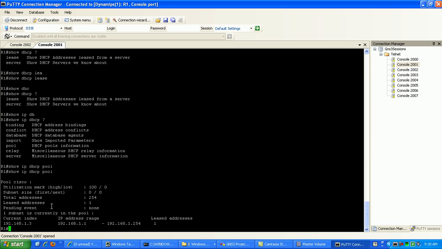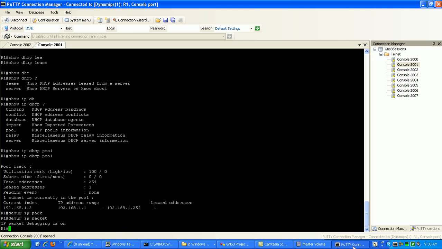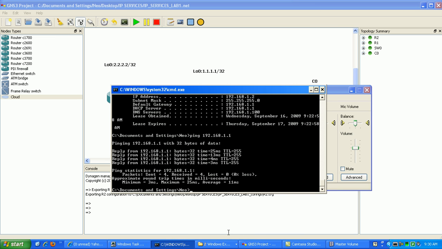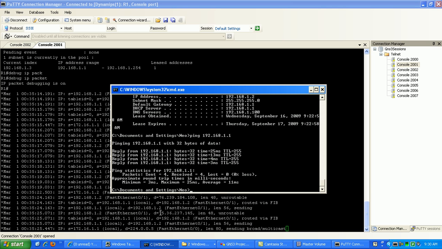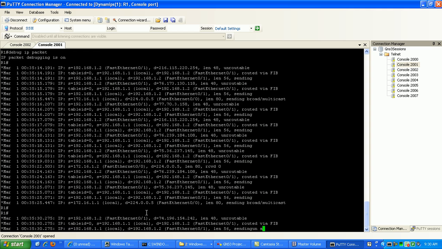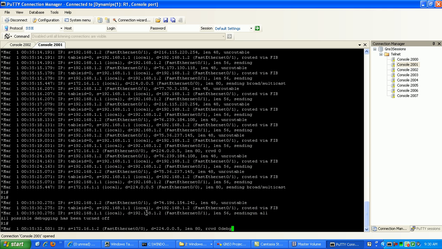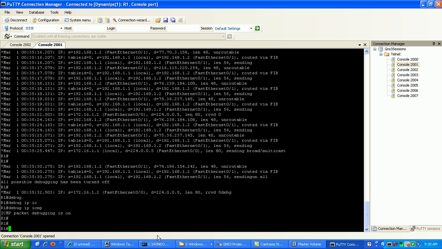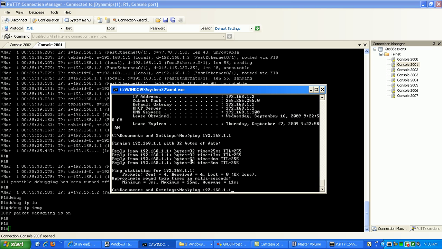We can also go to router 1 and do a debug IP packet. Actually, you know what, let's turn off this. We don't want to see all that information. Let's just do a debug ICMP. So now when I ping from my loopback